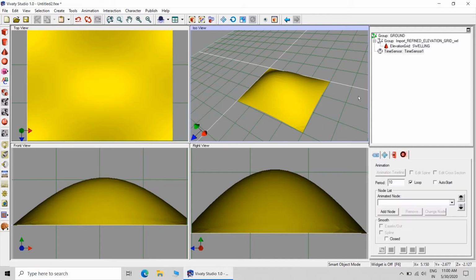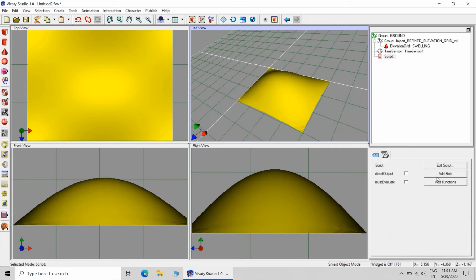Then you can create the time sensor. The loop is by default checked. You just check the auto start, and then you can go for creating the script. Now you give a name to the script so that it can be easily identified.